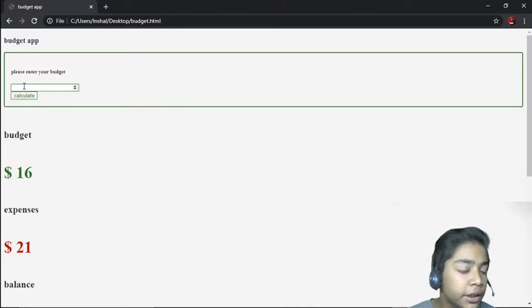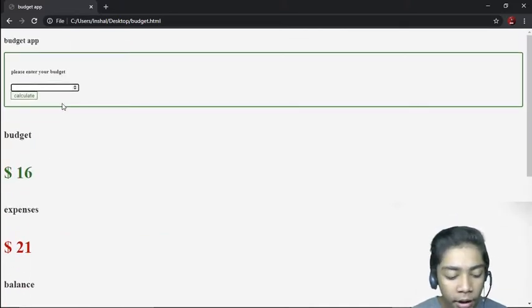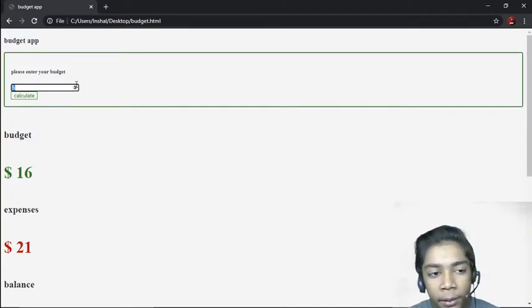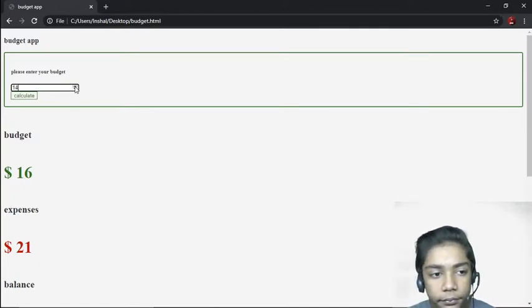Now over here you can see I've just made the budget app. In this budget app, if I write any budget over here, you can write it by scrolling, or you can type the number. I will write the budget over here. You just have to press this, and if you press that, it will just go back, like we have done previously.